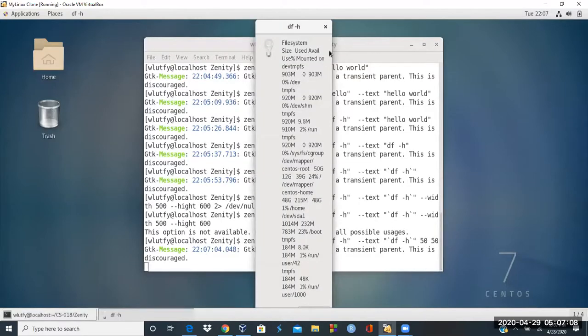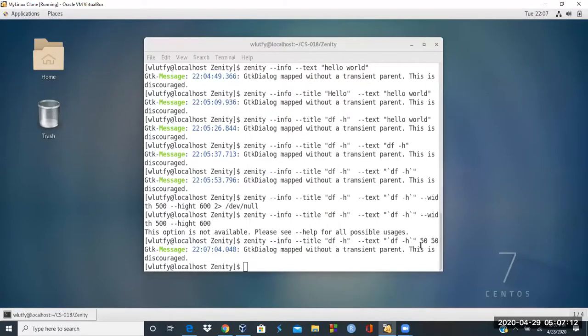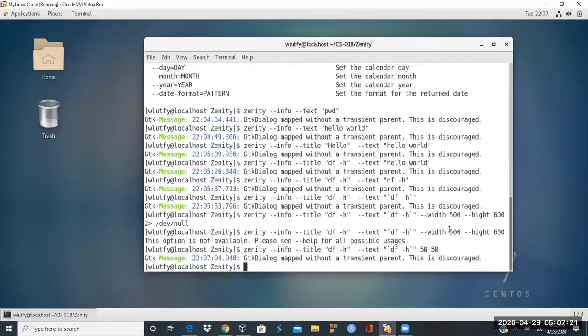Yeah, so the 50 and 50 is not understood, but maybe it is an argument that I have to pass on. Okay, --width 500 --height there. Okay, there, the -h command, and then